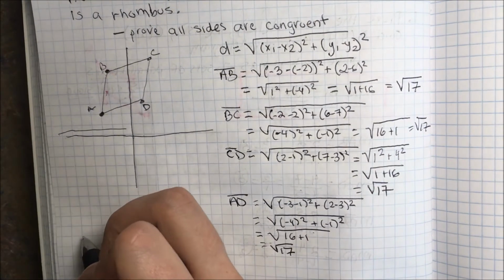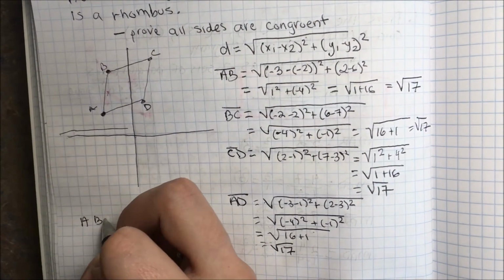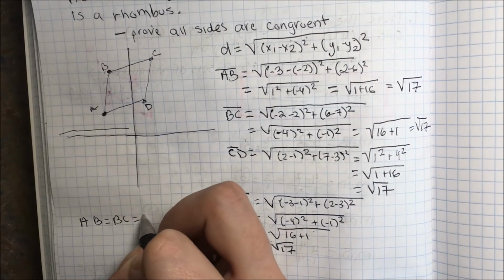So we can see that AB equals BC, which equals CD,